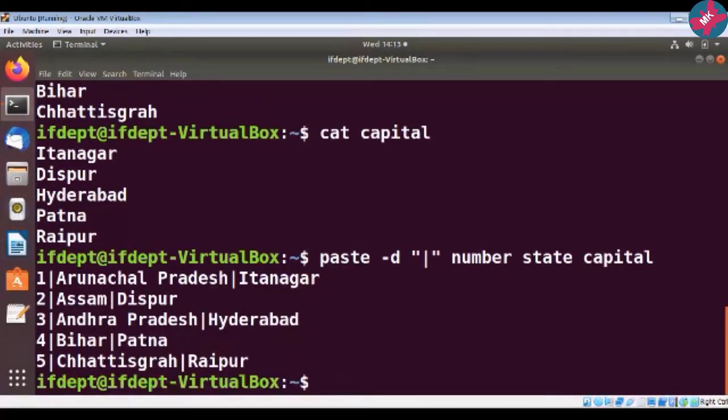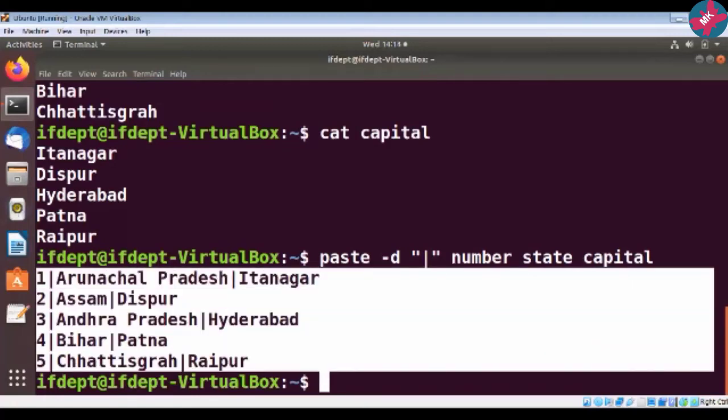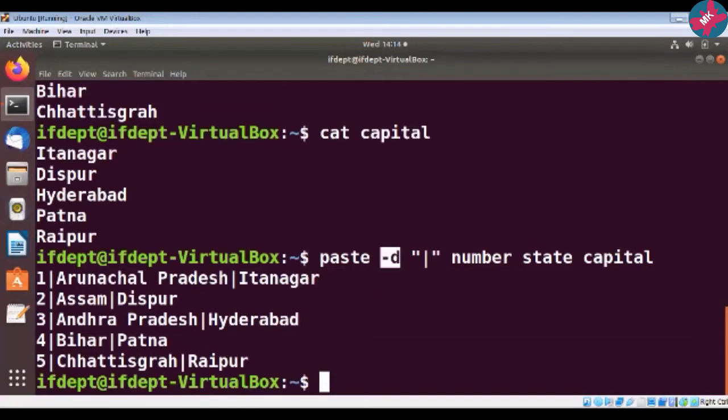So see here, this is the content of the first file joined by this pipe symbol, then the name of the state, then this pipe symbol, and then lastly the name of the capital. So all these three files are joined horizontally using the delimiter, this pipe symbol.